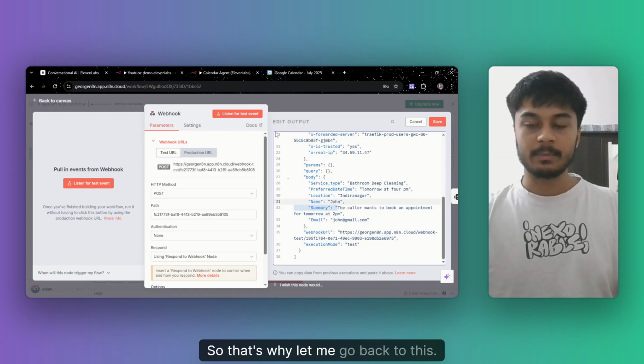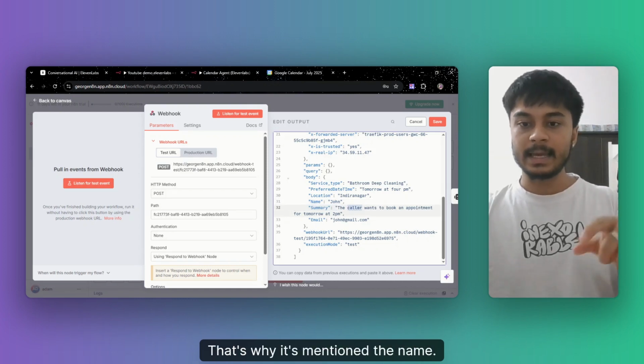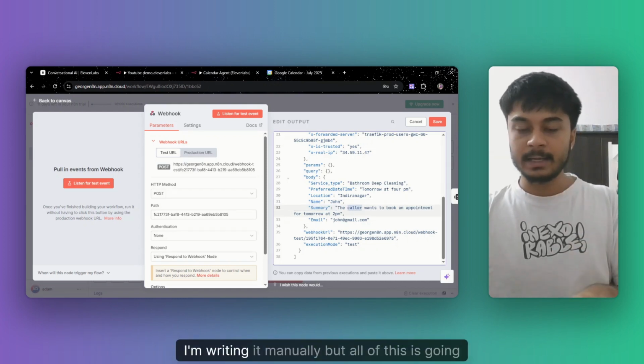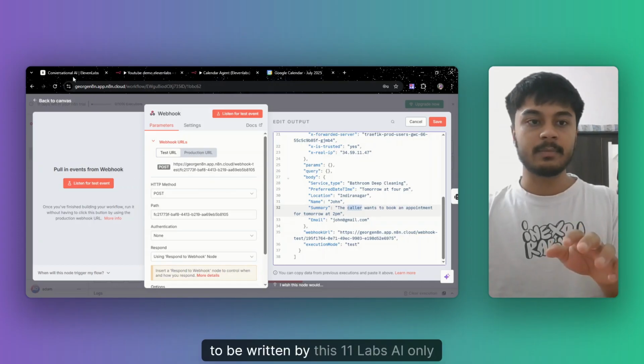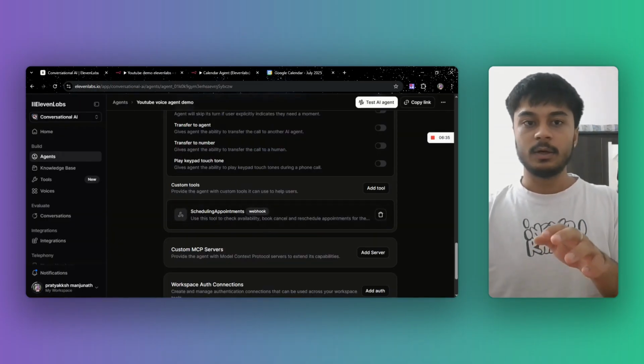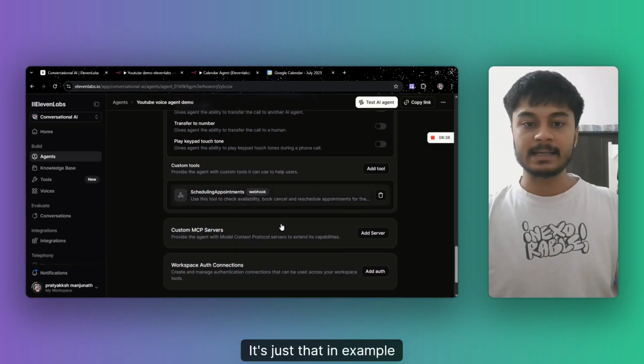So that's why, let me go back to this. That's why it mentioned the name. All of this you're getting right now, I'm writing it manually, but all of this is going to be written by this 11 Labs AI only. So you don't have to do anything. It's just that in example,